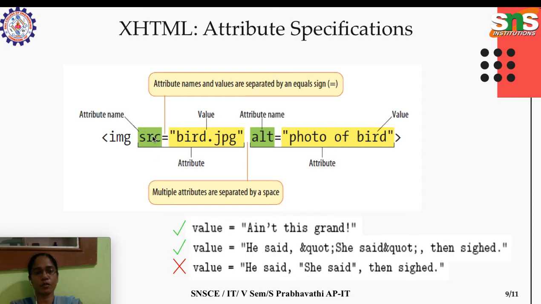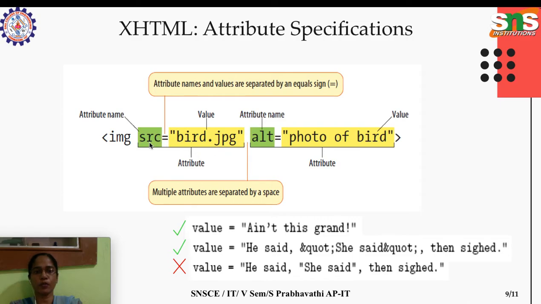The attribute is source, src. So the attribute name equals the attribute value within double quotation marks. For the image element, it takes the link of the image, so you can specify the link which takes us to the image. The value should be specified within double quotation marks, and we can mention more than one attribute.